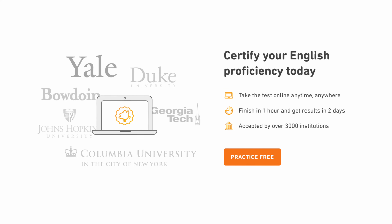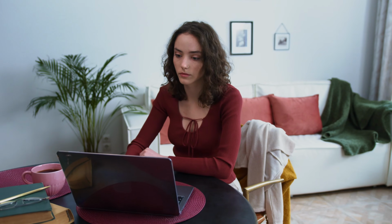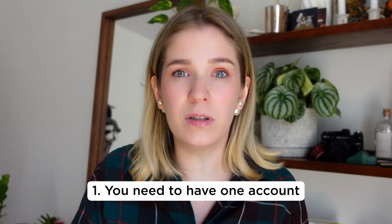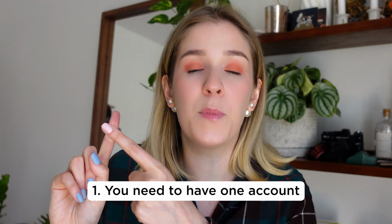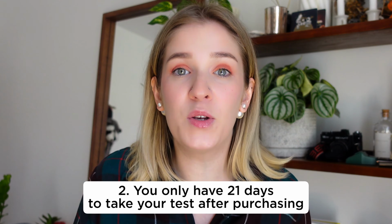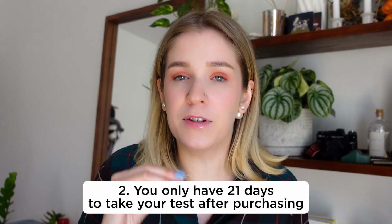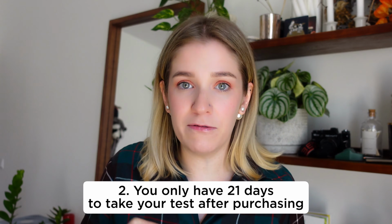Why is this important? Well, it will help us better understand what's expected, like what are the rules, what can I do, what can't I do. Some general rules here. First of all, you need to have one account, so you will be taking your test from this account. Second of all, you only have 21 days to take your test after purchasing. So please be careful with that one, because if you buy your test today, then you'll have 21 days left